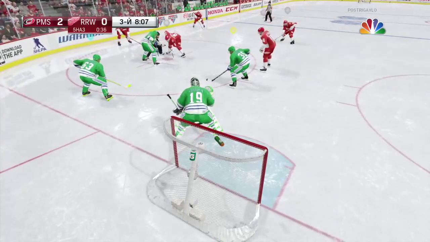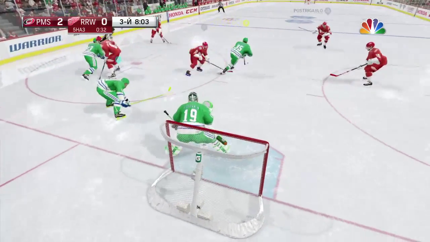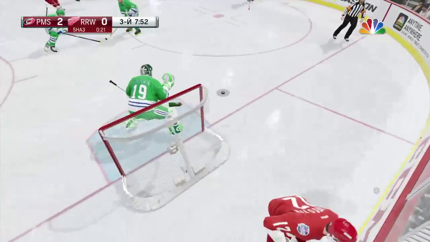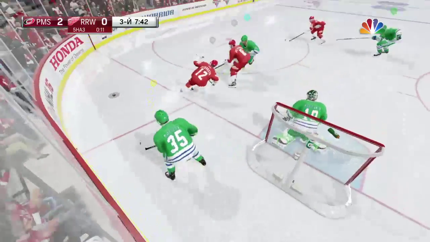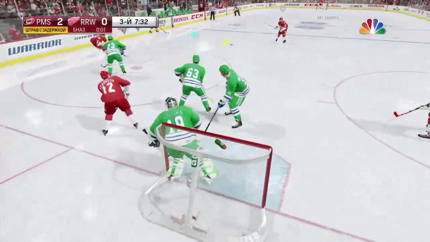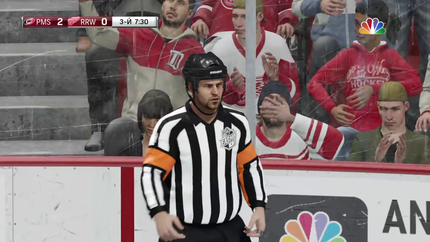Carolina's got a 2-minute minor for slashing. It's a 5-on-3, it's a power play, and it's a chance to do some damage. Oh, what a job done there to keep the pressure on. Good keep. The Snipers have it in their own end. Boy, he got slashed. There'll be a penalty for that. Big blast, and on to Kuznetsov. The Snipers have accrued a...